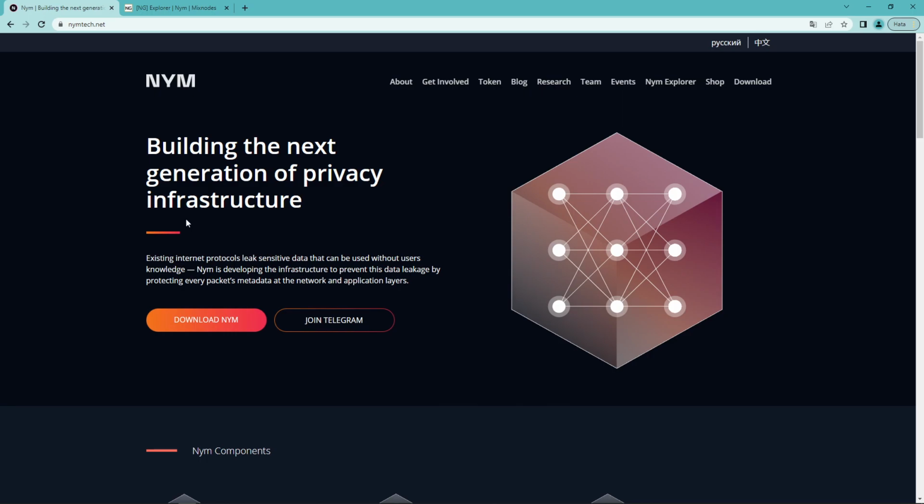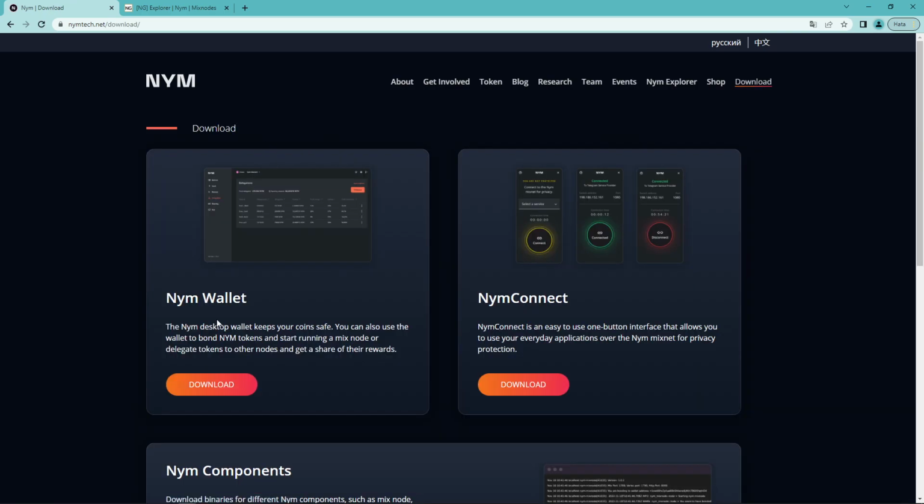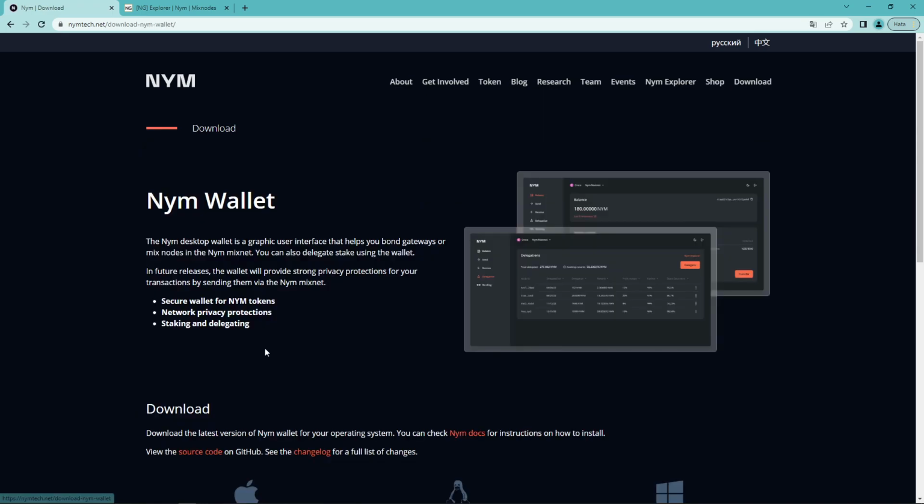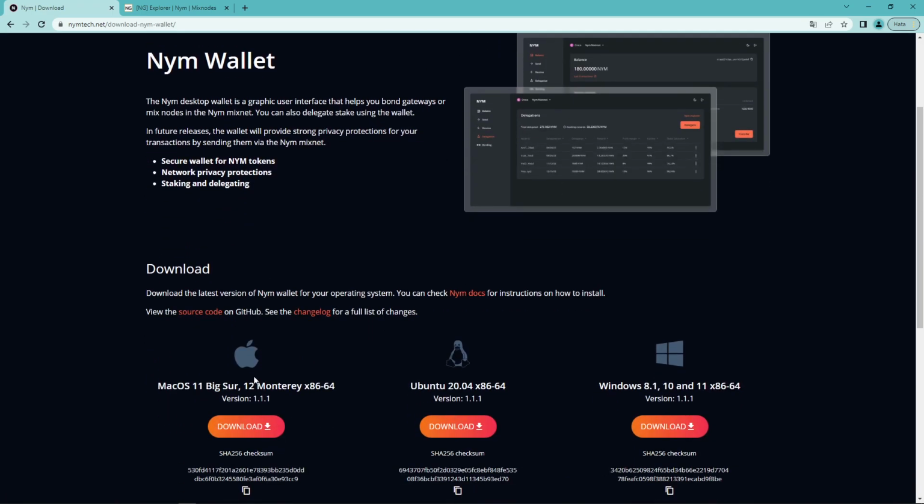First of all, go to nym.tech and click Download NYM, then click NYM Wallet and download it. You will see some clients. I'm using Windows, so I will download the Windows application. After the installation,